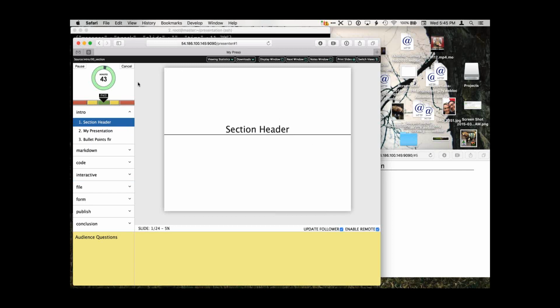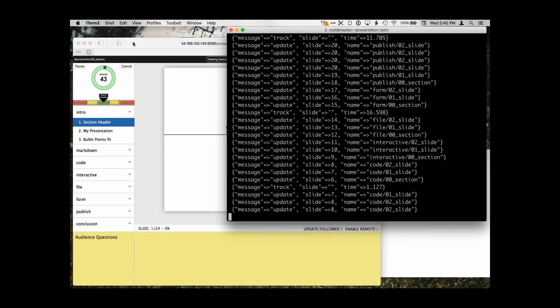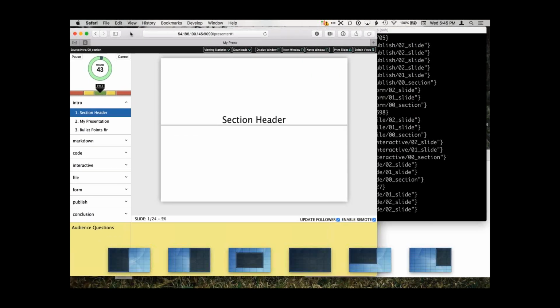This is in file intro 00 section. So in that file, I'm going to put some Markdown. Of course, to do that, I need to get into